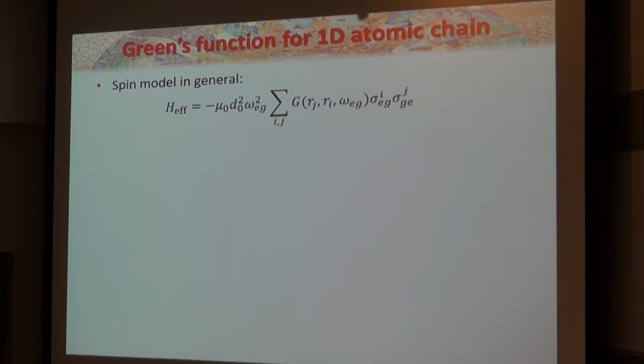Since we're asking questions, I'm confused by this. Normally when I hear the word retardation, I'm thinking of distances that are large compared to a wavelength, or at least comparable to a wavelength. And here you're saying distances that are comparable to a decay time. Could you say a little bit more about that? Yes, there are retardation effects due to the phases, right? And you're taking those into account.